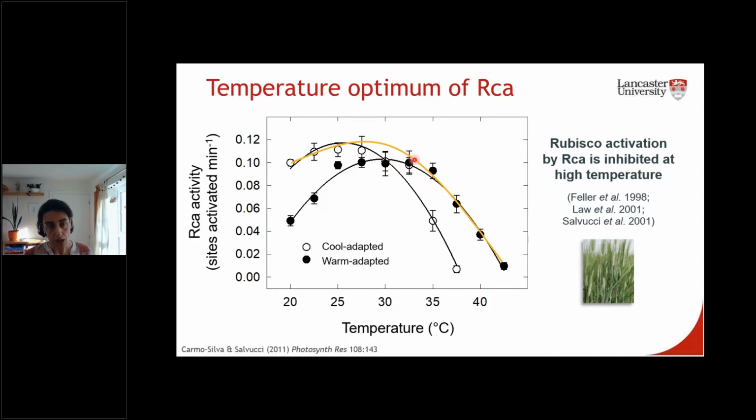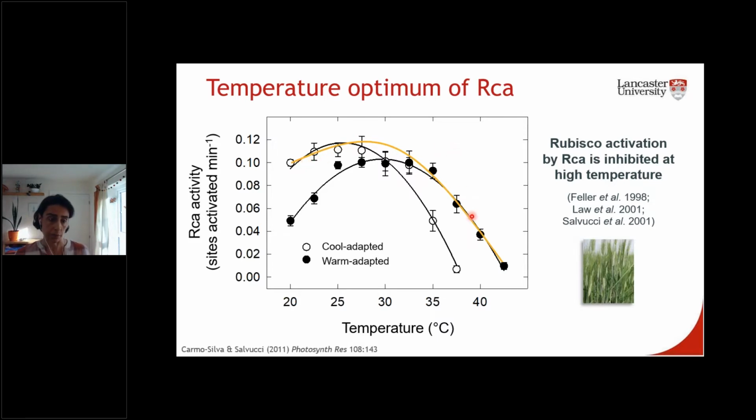species. Now, if we think about the climatic changes that are happening and the increased frequency of heat waves and fluctuation in the temperature that plants are exposed to, we really want to see a temperature response that is more in line with this yellow line that you see here. So it's a broader temperature response so that we can maintain Rubisco activity at the cooler temperatures, but also at